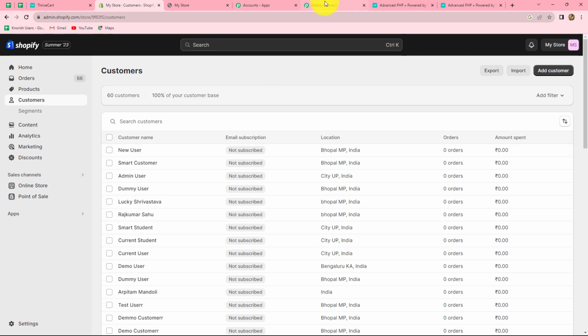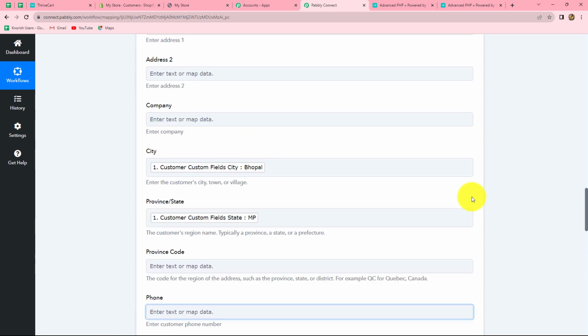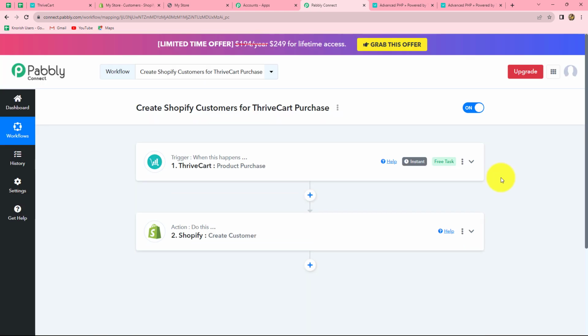So let's go and summarize what we have done in this workflow by coming again on Pabbly Connect. Here we have taken just two simple steps: trigger and action. In trigger we have taken ThriveCart, and in action we have taken Shopify, and we have connected both of them by using Pabbly Connect in such a way that now whenever a product is purchased in ThriveCart, automatically by using the details of the person who has made the payment, a new customer will be created in Shopify. So this was the full workflow, and these are the steps which we have to follow in order to integrate both these